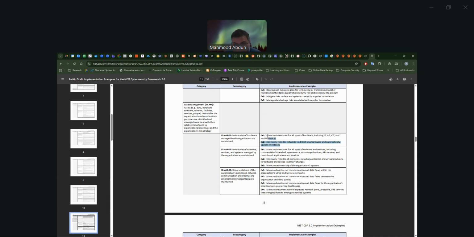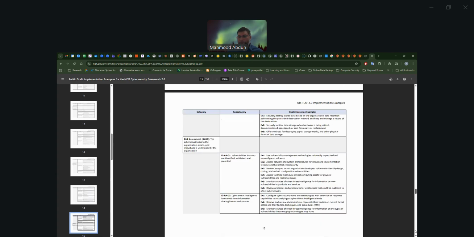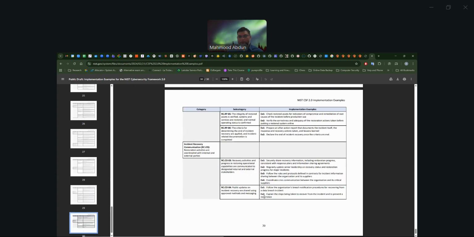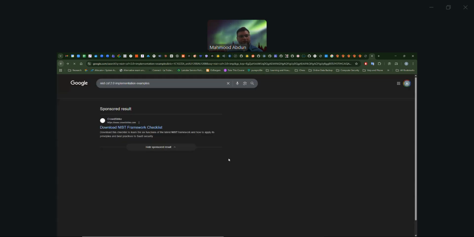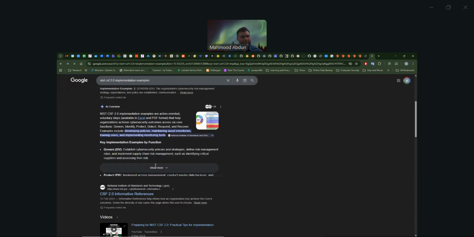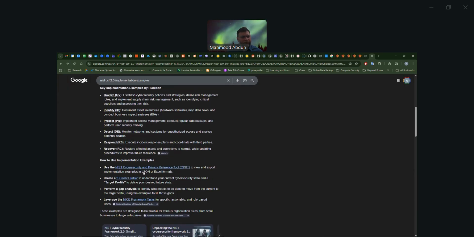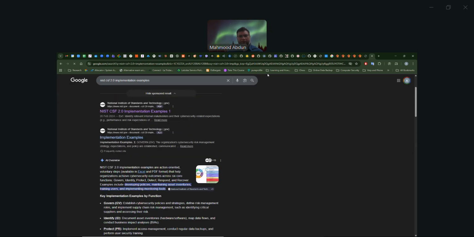So these are basically examples of how you can achieve this goal. And there are more than 300 of these implementation examples out here. Anyway, there's a lot of implementation examples.